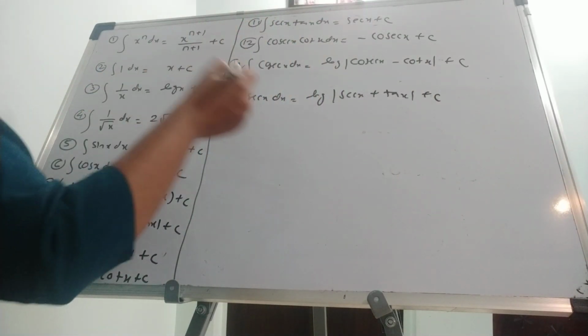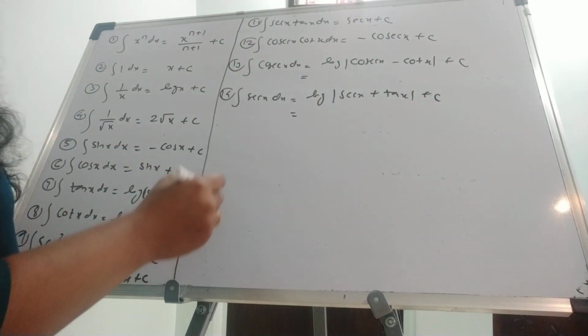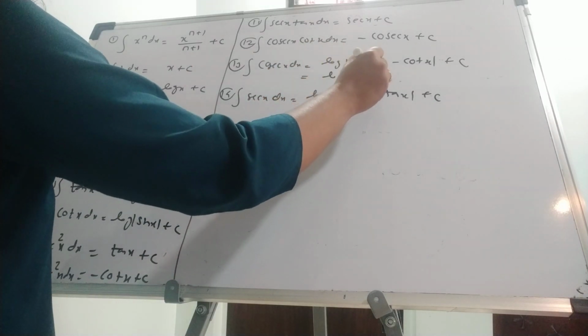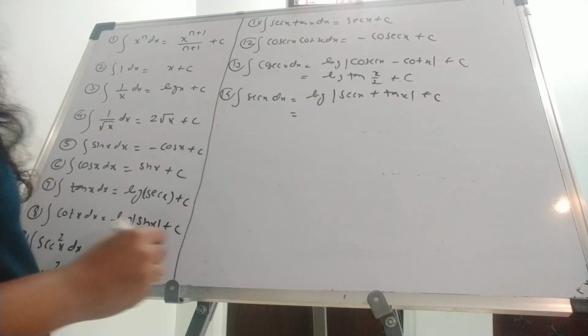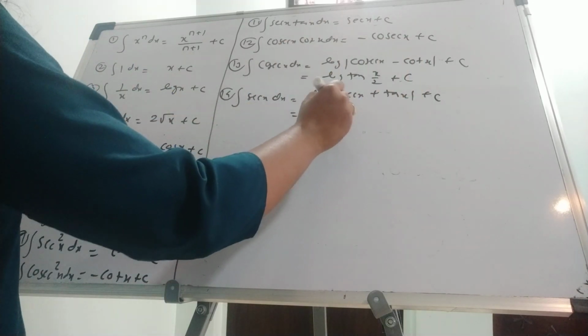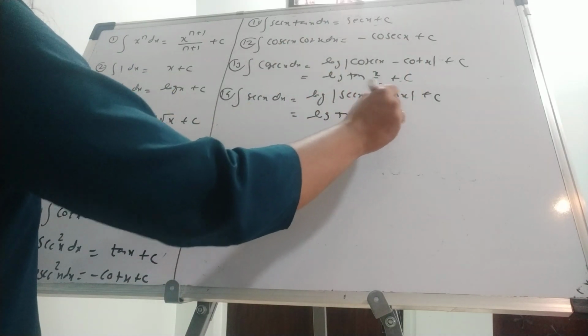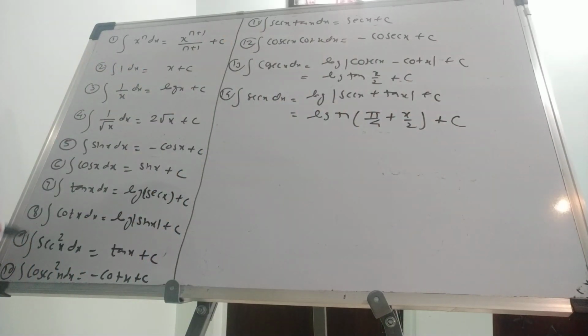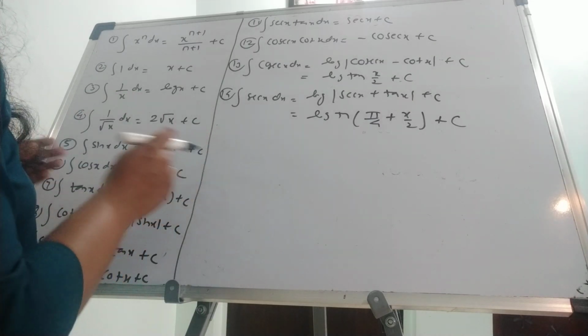Okay, now one more formula is added here. You may write this as log of tan of x by 2 plus c, or here it is log of tan of pi by 4 plus x by 2 plus c. Okay, then we consider